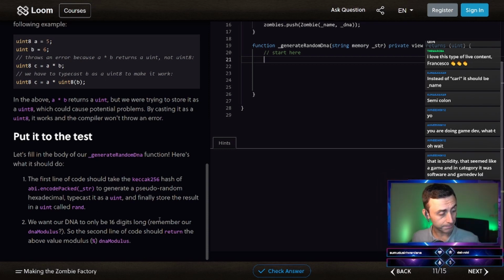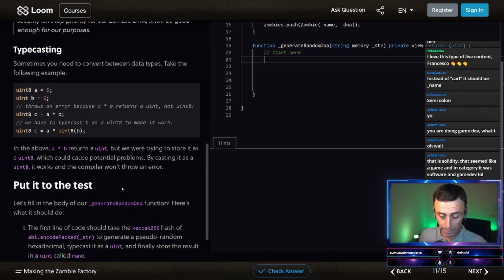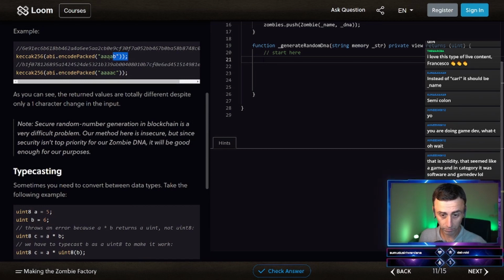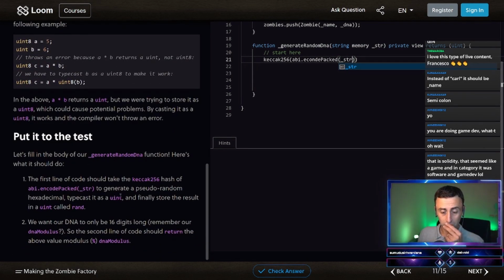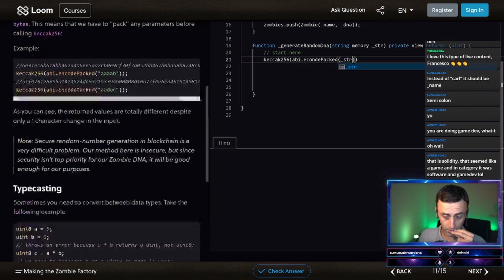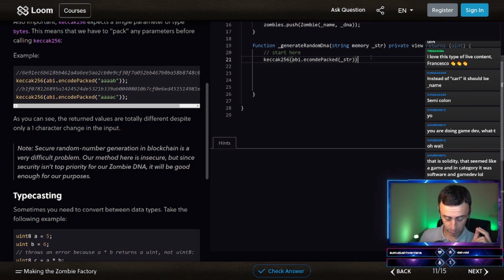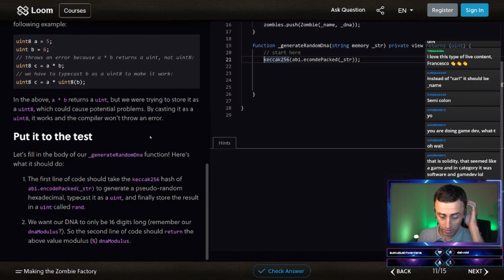So the first line of code should take the keccak256 of abi.encodePacked of _str, to generate a pseudo-random hexadecimal.